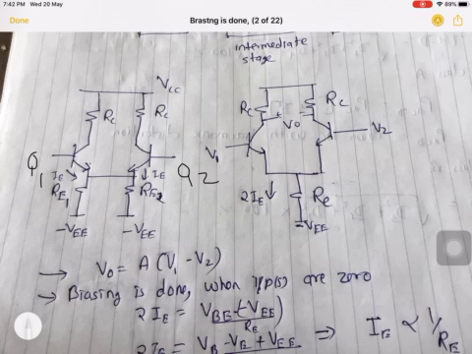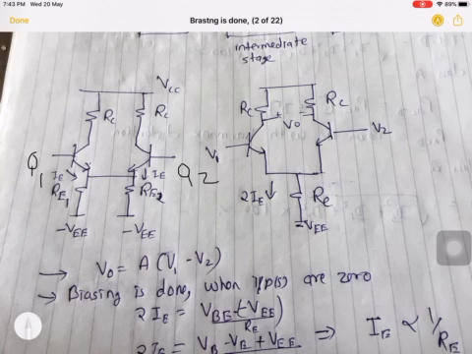Now, if we talk about the biasing here, I can see there are two resistors RE1, RE2. I have named them. These two are in parallel. We can see in this diagram RE1 and RE2 are in parallel. So I have represented them here with a single resistor RE and one IE current. You could have also taken IE1, IE2 and IE only. It is just for the representation purpose.